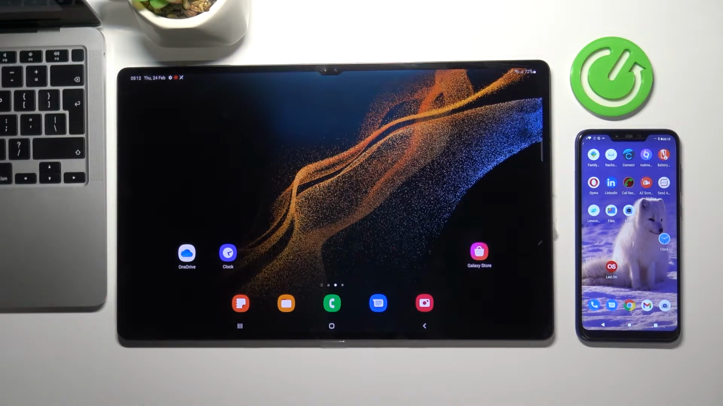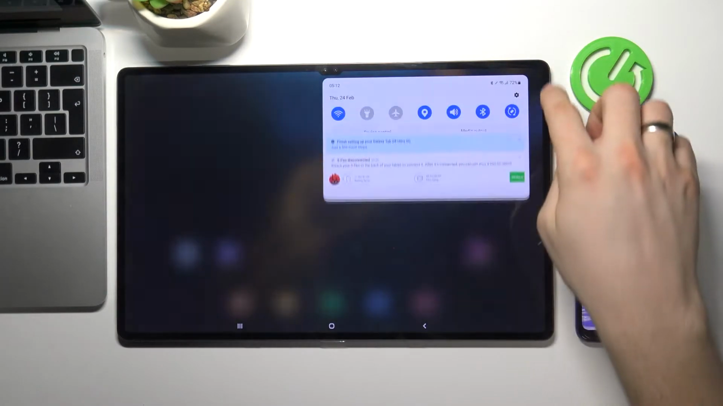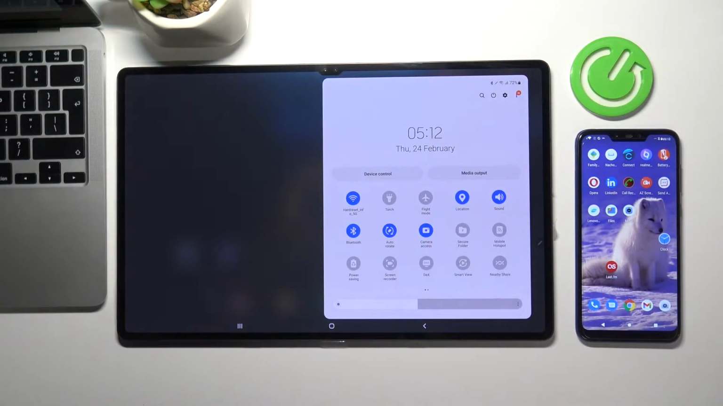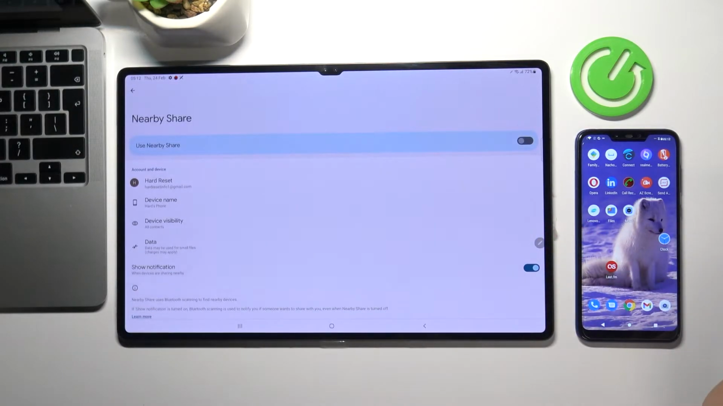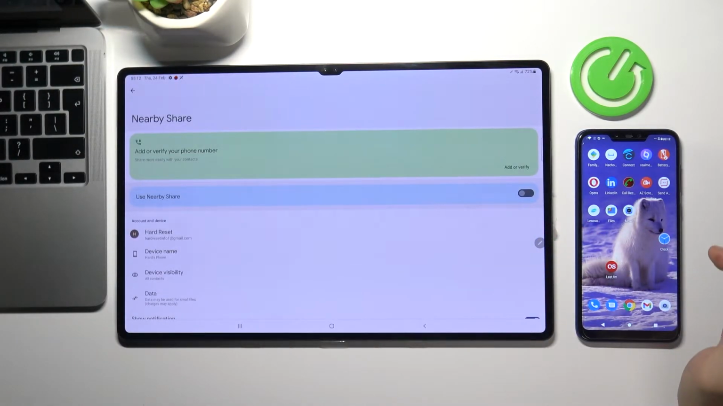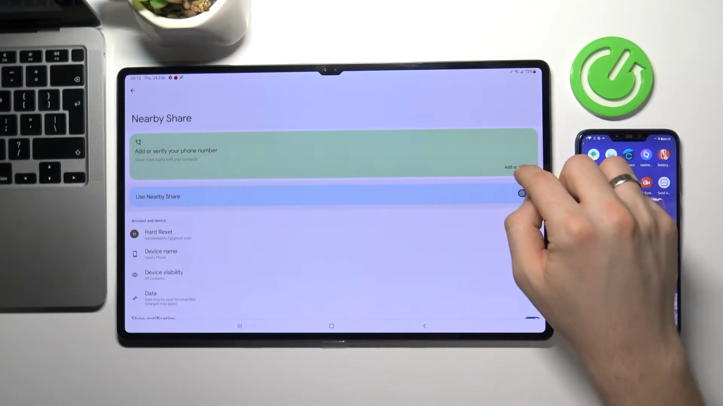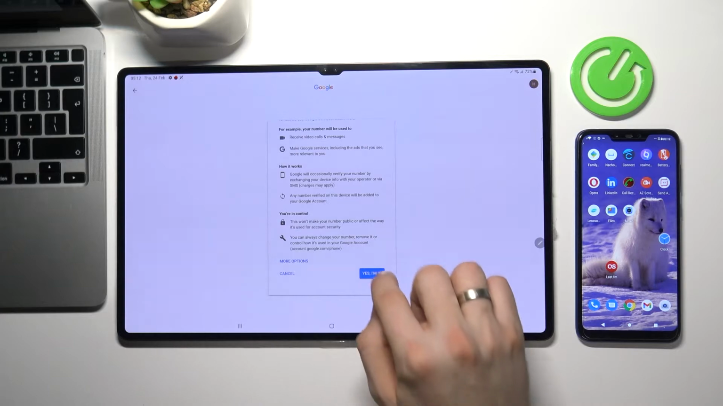In this video I will show you how to set up the nearby share function on your Samsung Galaxy Tab S8 Ultra. So first you need to open the control panel, then find nearby share functions and click and hold on it. So click and hold, and now you will see this notification. Choose add or verify, then scroll down, choose yes I'm in,